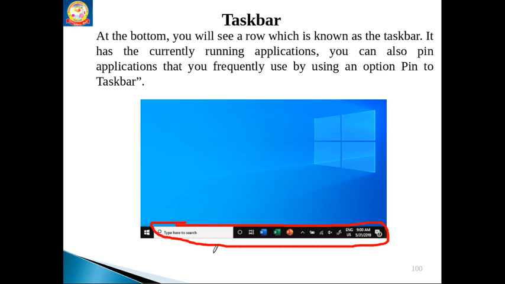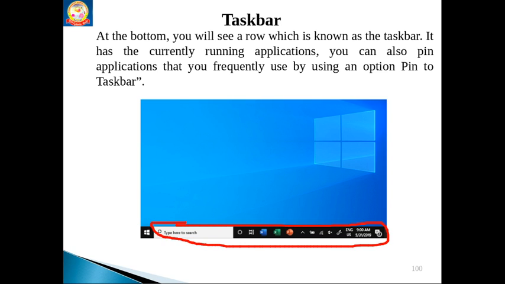So we discussed under Microsoft Windows how it was invented, what the various versions are, what the different kinds of icons are, and what their roles are. This is about Microsoft Windows. With this second session, I have introduced the Windows operating system. Now we are familiar with the Windows operating system.